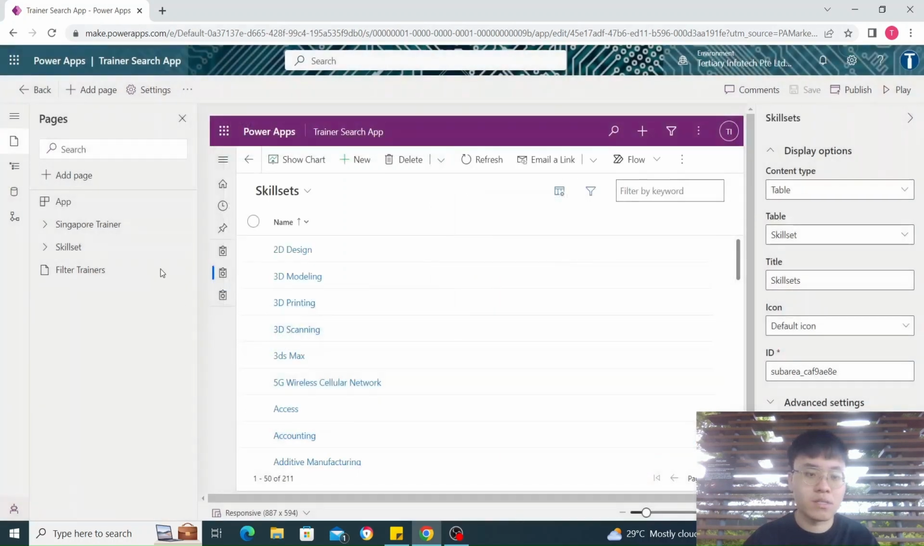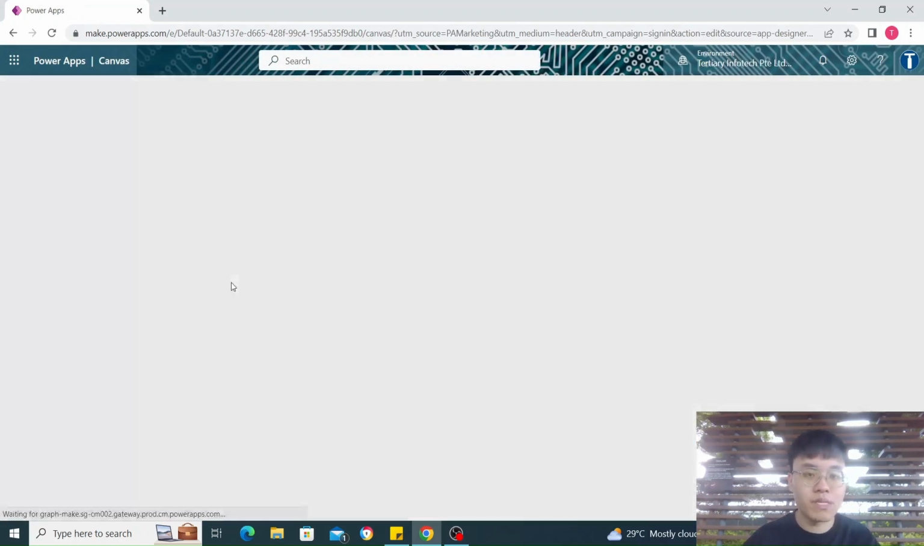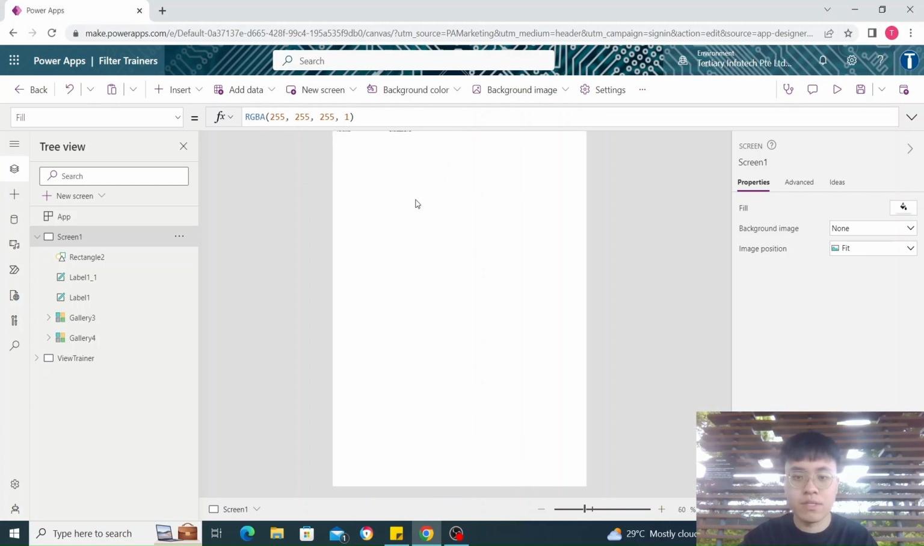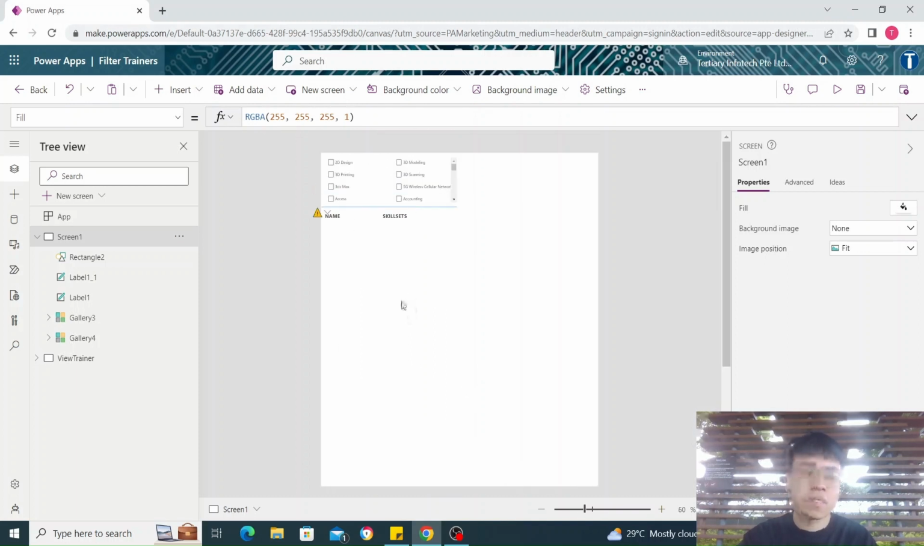So as you can see, I have a filter trainers here. This is a canvas app. So if I click the edit button, you can see here, this is the canvas app that I have, and this canvas app is in landscape mode, and I have this area in the corner here because this is in a mobile view, but then you can just edit the view that you want by using the one here,